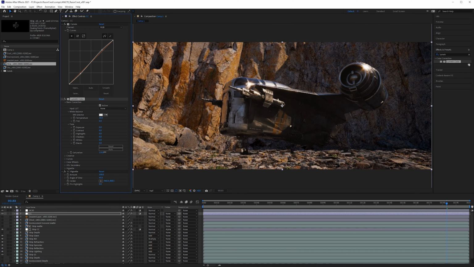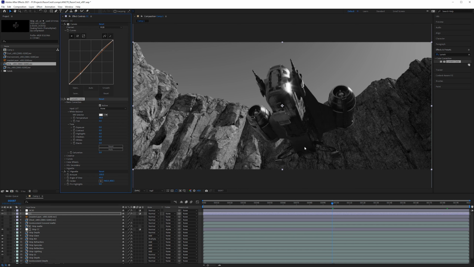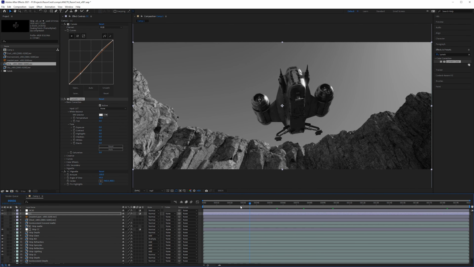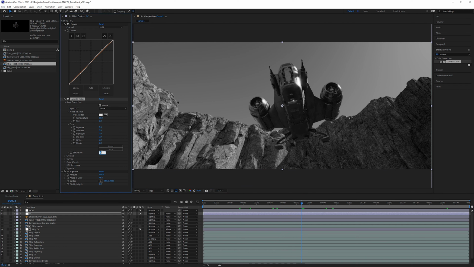If you wanted to play around with this, you can. Don't do something like this though. That's way too saturated. It looks very bad. It looks like something's wrong with your color. And then you wouldn't want to go the opposite direction and make the entire thing grayscale. Although there is something to be said about compositing in grayscale. It does make you more aware of value because you're not seeing any color. But in this case, I am going to include color. Maybe I'll bump that back up again.